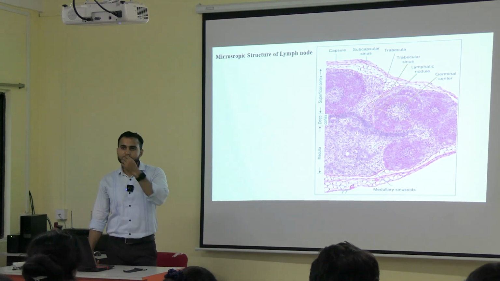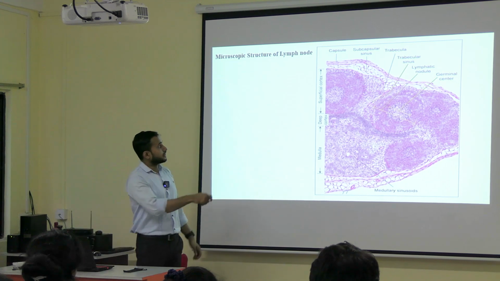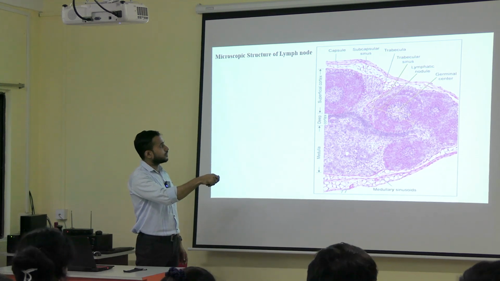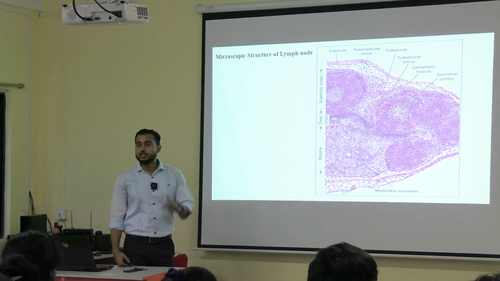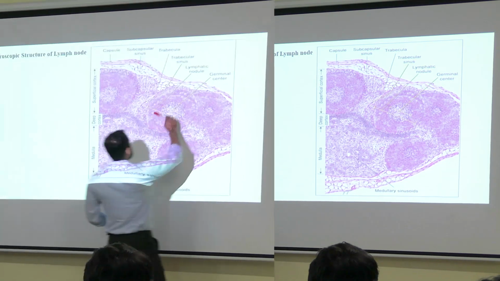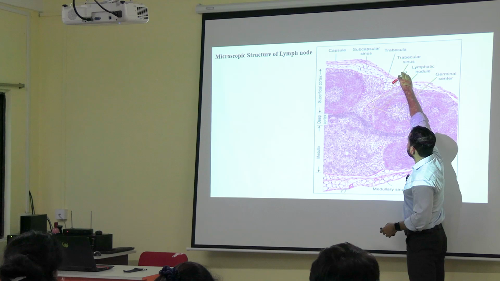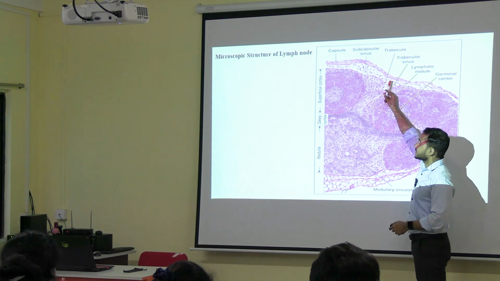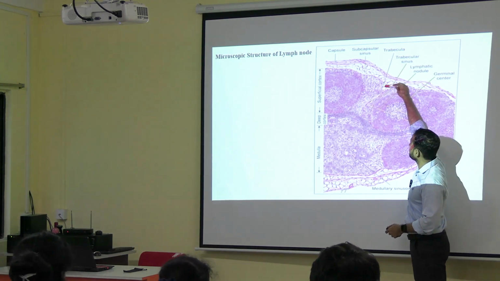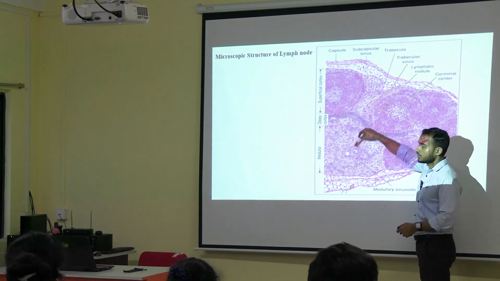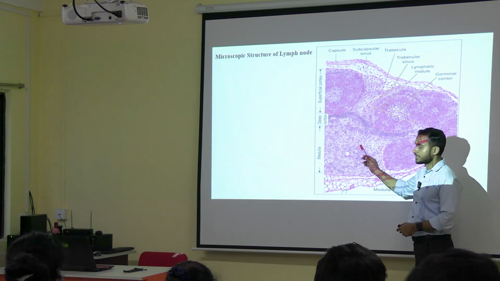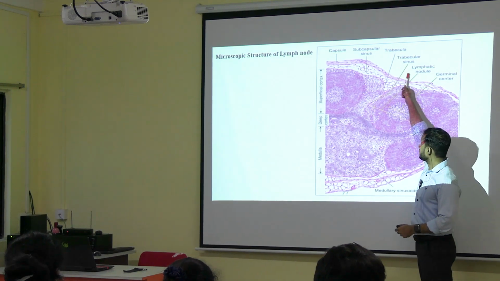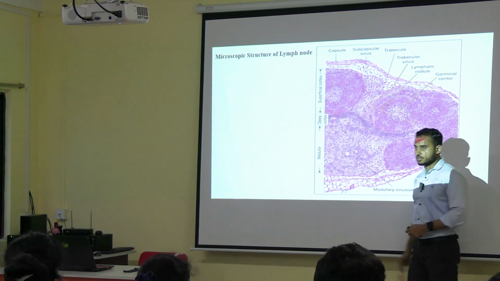Okay, तो जो lymph flow होता है कैसे होता है? First of all, through afferent lymphatics. Once it enters, it will go into the subcapsular sinus. ठीक है. Now suppose the afferent lymphatic is entering like this, it will come into which part? It will come into the subcapsular sinus. From the subcapsular sinus, through the trabecular sinus, it will come into the medullary sinus. From the medullary sinus, how will it go out? Through efferent lymphatics. यहाँ पे आएगा afferent, यहाँ पे आएगा efferent.